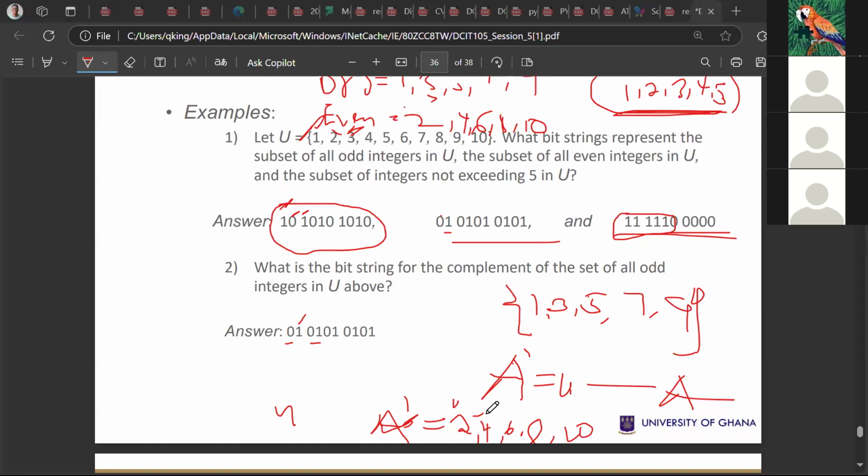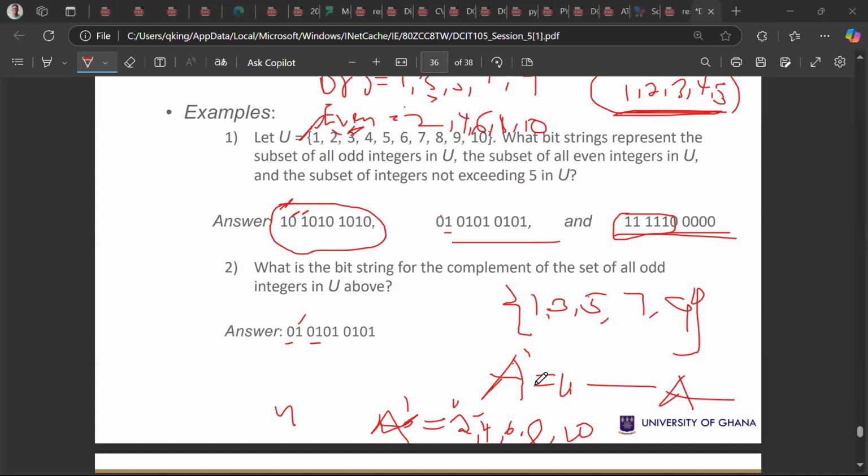Sorry, my network went off. So like I was saying, when you subtract the A from the universal set, what you are left with becomes the A complement. And so we are going to compare the elements of the A complement to the elements of the universal set, and then you strike out the difference. So we see 1 in the universal set, but we don't see 1 in the A complement,